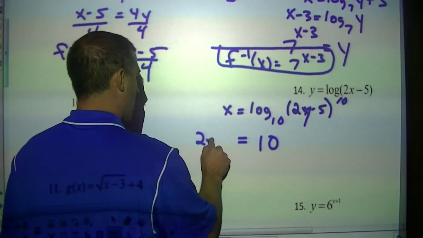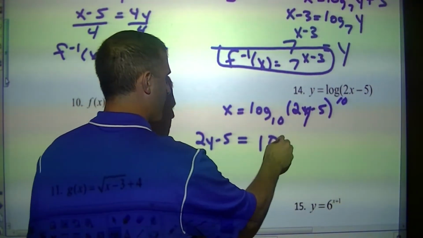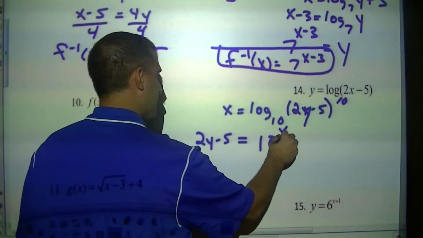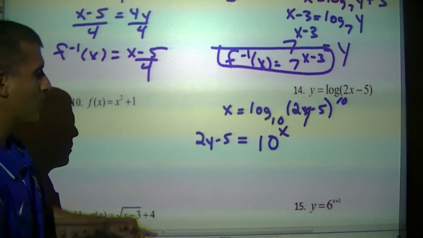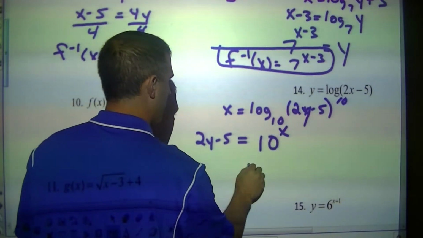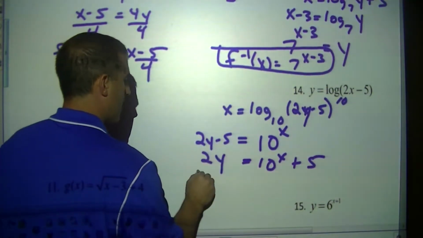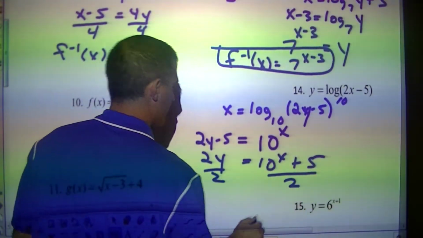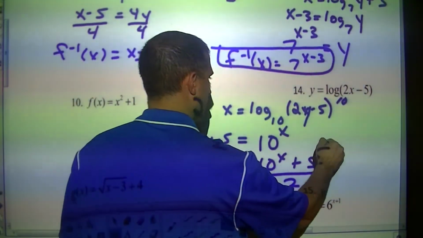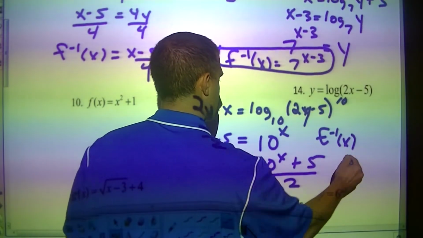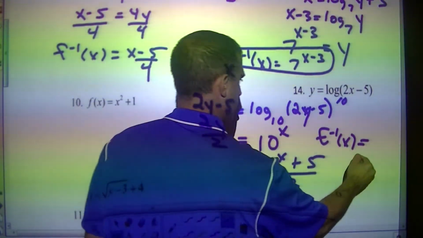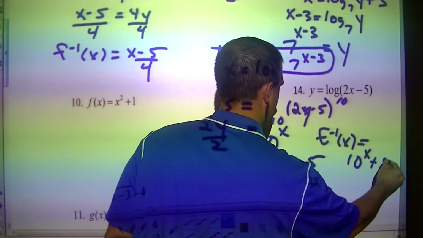It's going to equal 2y minus 5. This whole part's going to come over. X is going to become the exponential of that. Now I want to solve for y. So 5 is going to move over here and now become positive. And I'm going to divide everything by 2. Okay. So my inverse here for this is going to be 10 to the x plus 5 all divided by